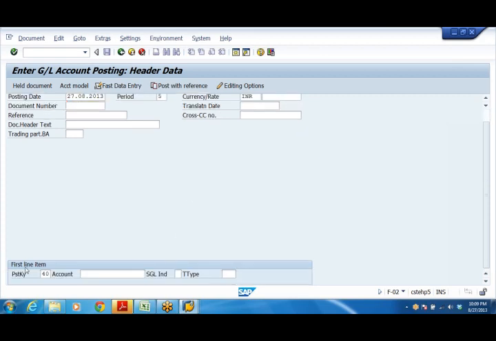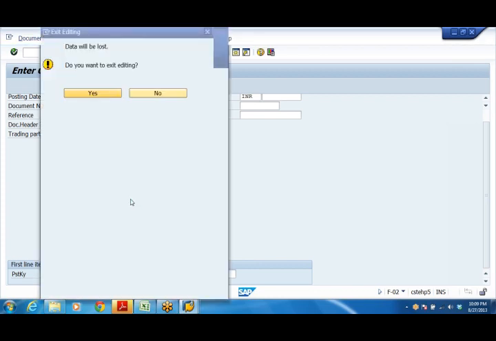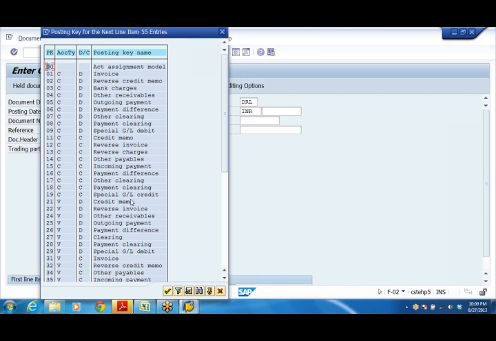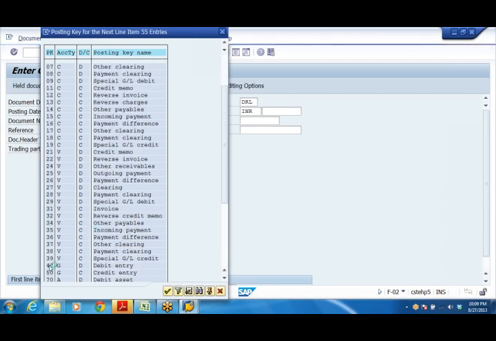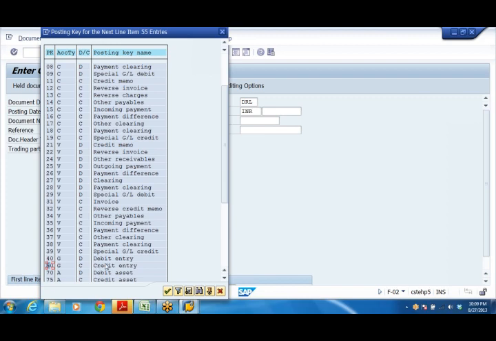And here, the first line item. When you are going to have 2 line items, the first line item is 40. 40 means debit. If you want to see, in the standard, 40 is a debit entry and 50 is a credit entry.